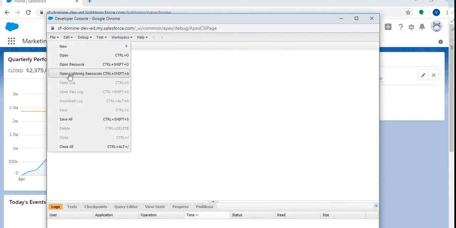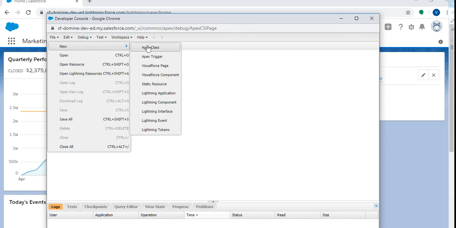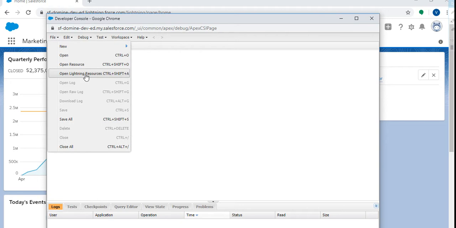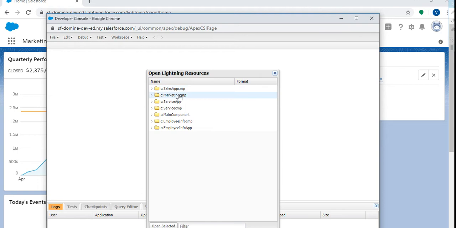Just to open the lightning resource: if you want to create a new component, select new and click on lightning component. If you want to create an application, click on new and click on lightning application. I already created these for the demo purpose. So click on open lightning resource.